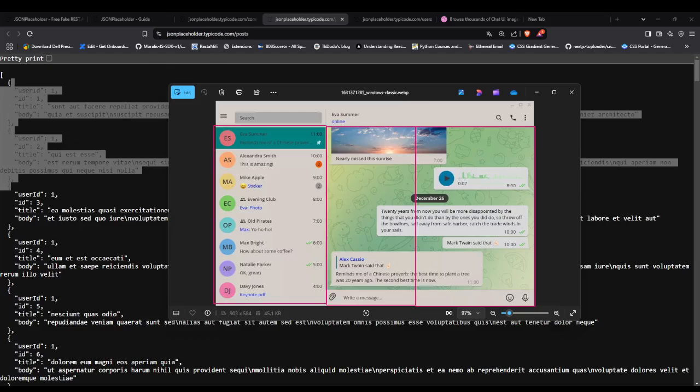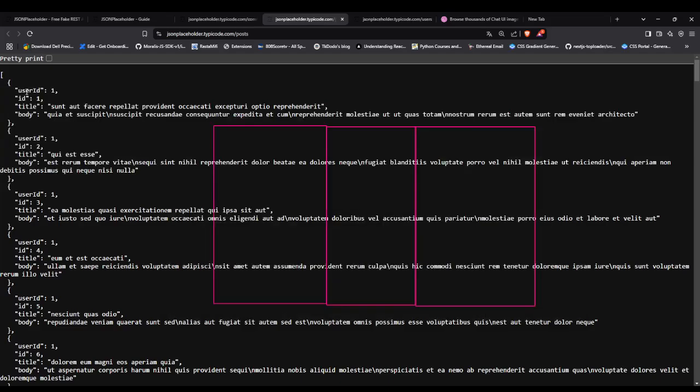As you can see for the post here on the screen, we have the user ID, the person that actually created the post, and the ID of the post itself. We're going to use all this later on. Then we have the title of the post, which is something we're going to show at the top, and the actual data that we want to display. But apart from this,